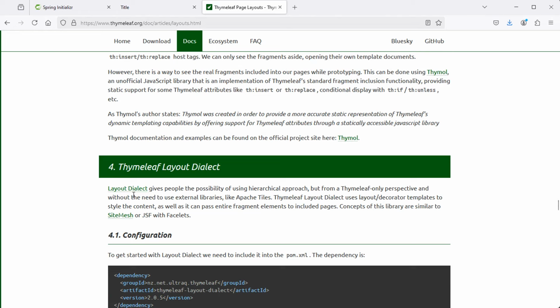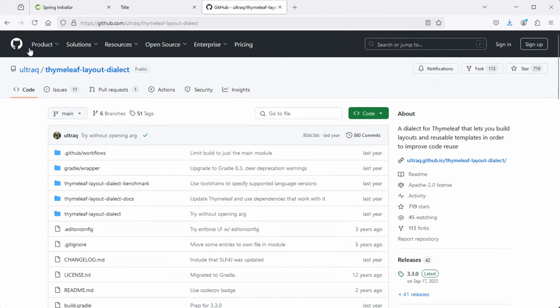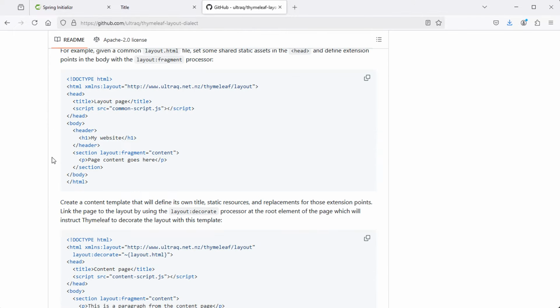So for more details we can click on this link and we obtain the GitHub page of this layout. So here we can see that we need to create a layout file. So this is the layout file, and we need to create a section that will contain the content of the different pages. So this section should contain the attribute layout fragment, and this is the name of the section. Then we will use this layout file with the